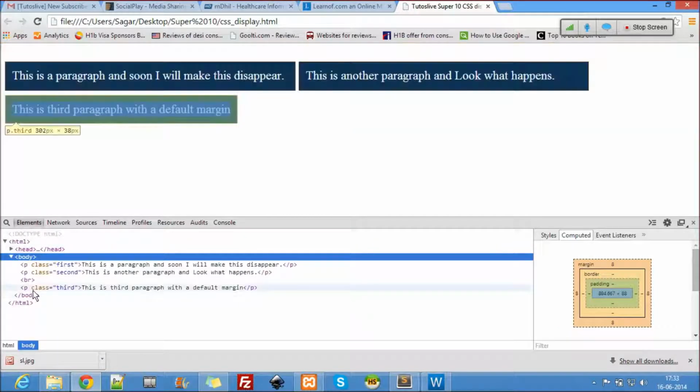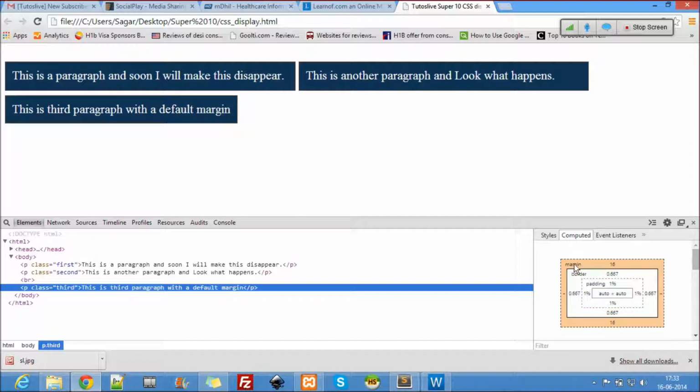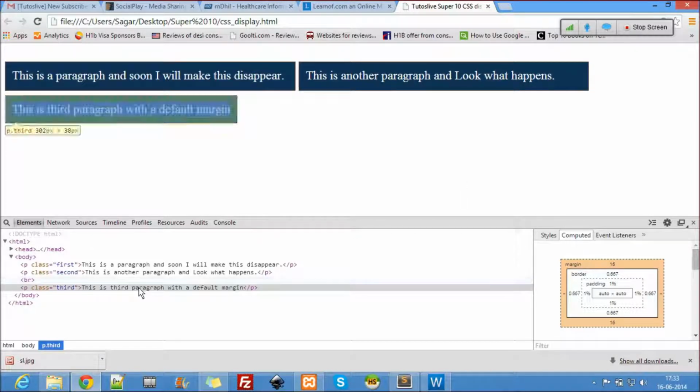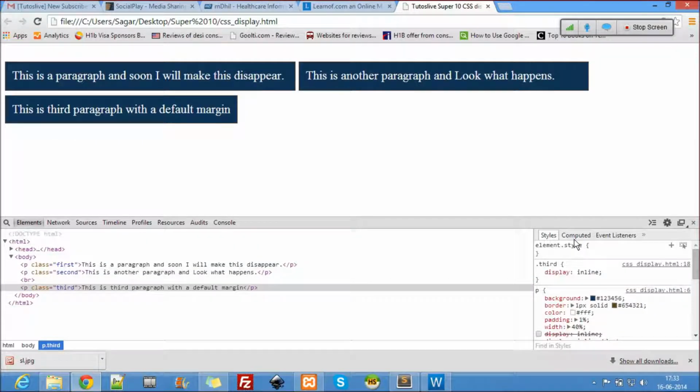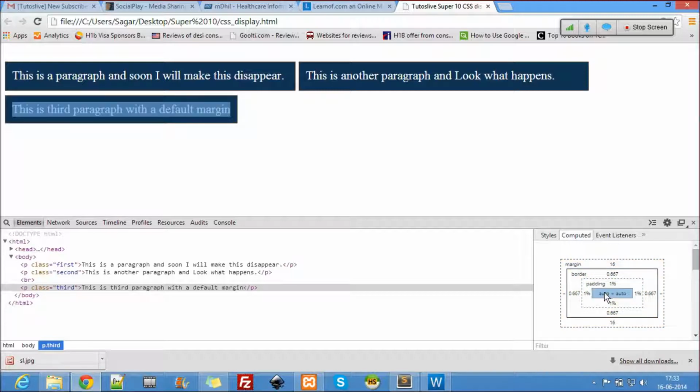Now let me check the margin. There is no margin. Though it shows 16 pixels of margin, the margin has gone. Only the content is there, and a padding and a border. There is no margin. This is the property of inline.